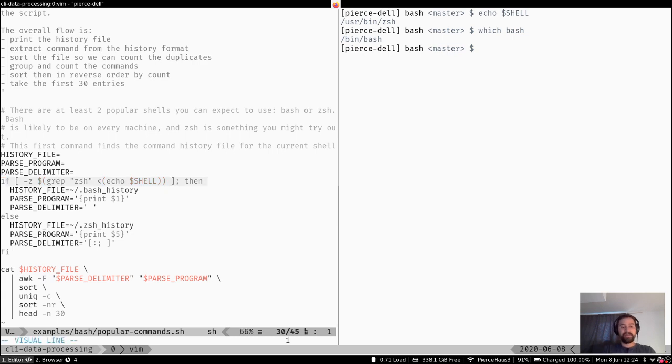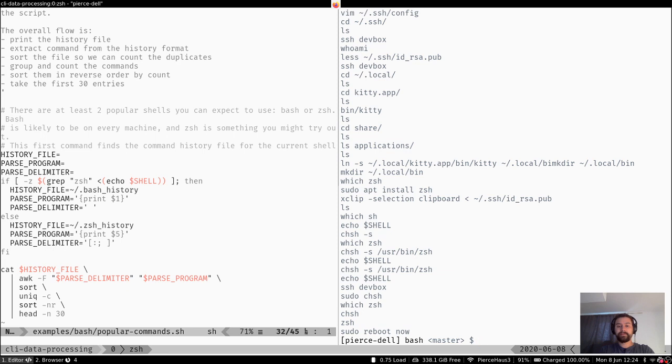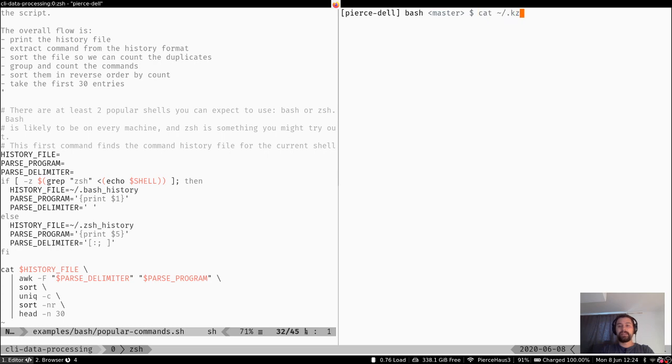So what we're doing here is looking to see if the user is using Z shell right now, and if so, we'll default to looking in a file called bash history. Otherwise, we'll look in a file called Z shell history. And these both have different formats. For an example, I'll use that cat program I mentioned earlier. I've got my bash history file here, and you can see it's a log of every command I've ever run on my computer. If I do the same thing with my Z shell history,